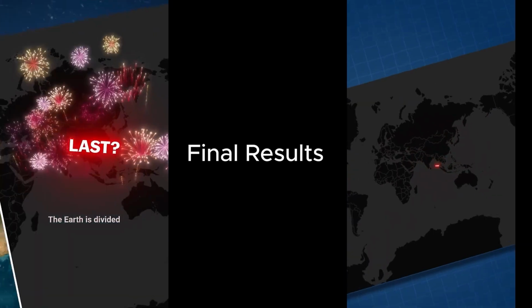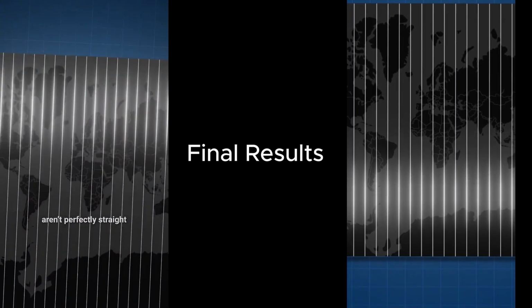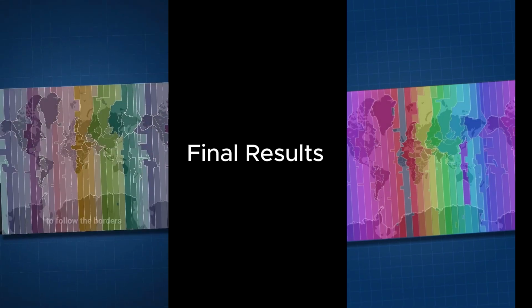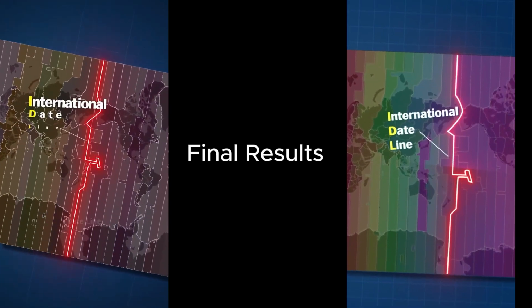The Earth is divided into 24 main time zones, but their lines aren't perfectly straight. They bend and twist to follow the borders of countries and regions. And this line is known as the International Date Line, the place where